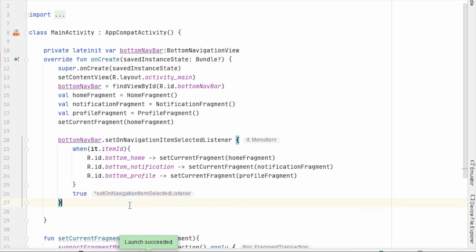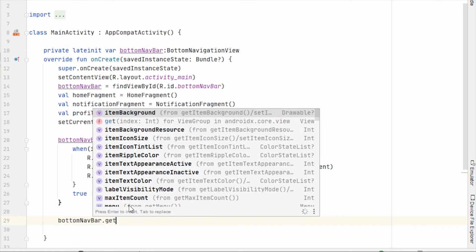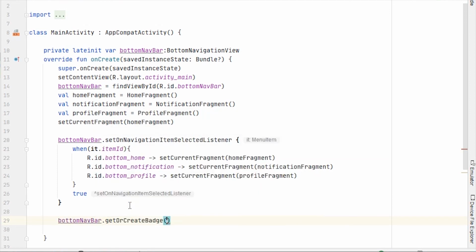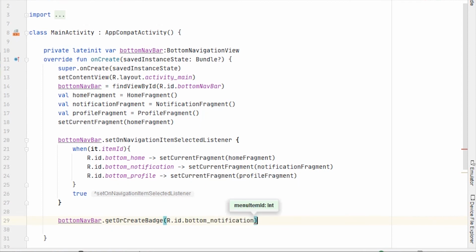So to do that, I'm gonna call another method on bottom nav bar dot get or create badge, and here we can pass the ID on which we want to create the badge. So I want to create a badge on notification, so I'm going to pass r.id.bottom notification, and